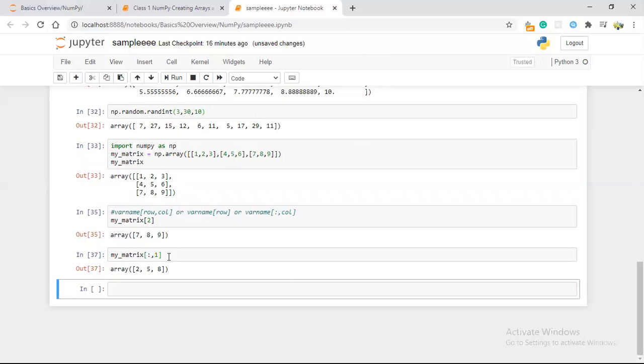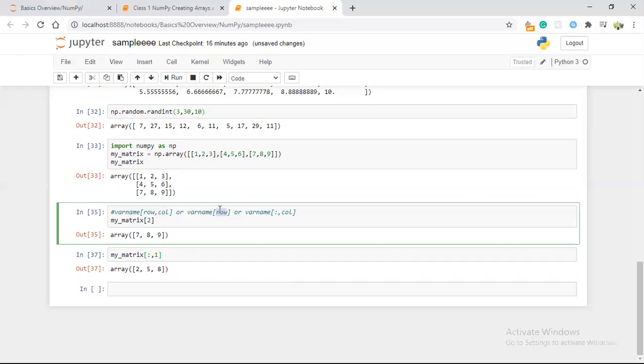So when we are executing this, you will get 258 like this. So this is how we are able to get only the column. To apply this on a matrix, we always need to go with row comma column. Only rows is very simple stuff. If you want to get the column, then for all the rows, comma, you need to give the column.